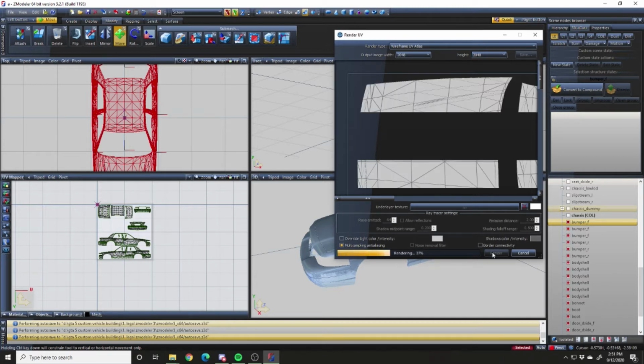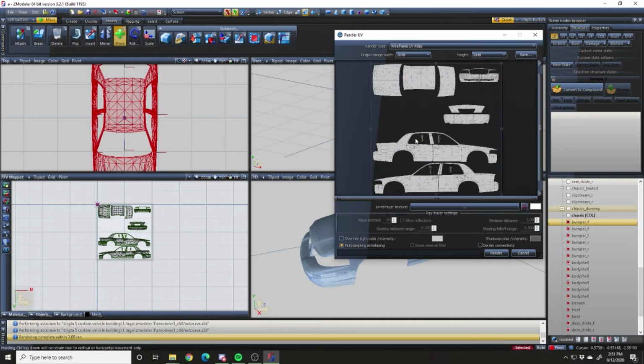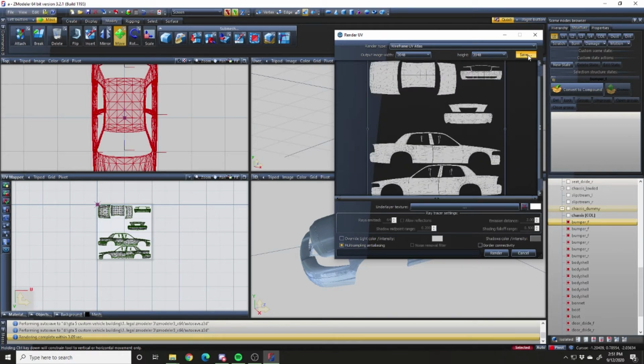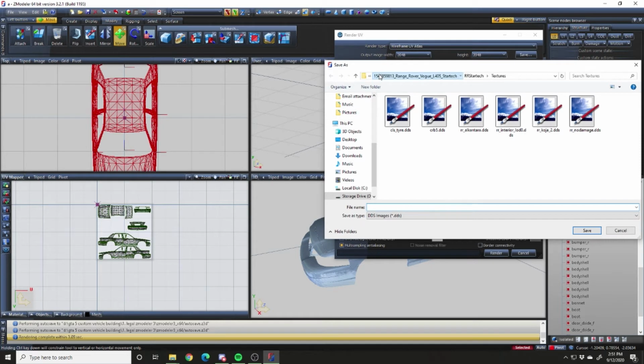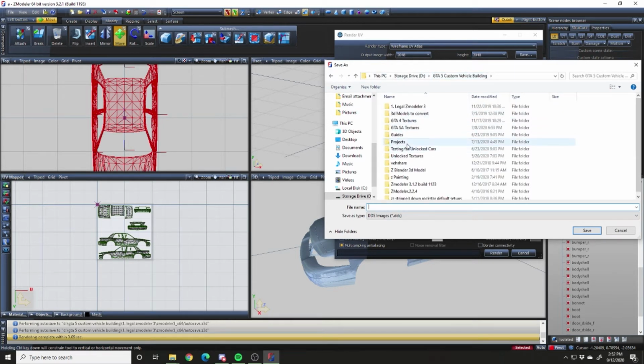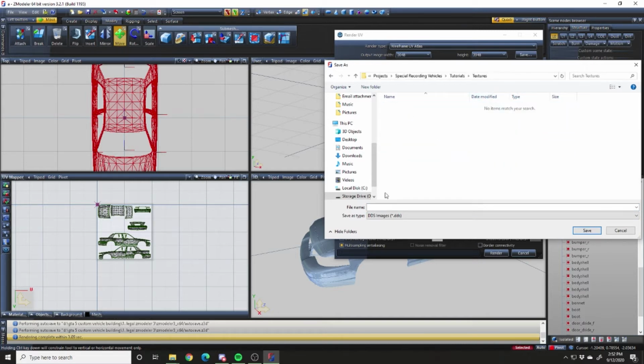Next, you go to render, and it's going to start to render itself. You can zoom out here and take a look at it and make sure you're capturing everything that you want from over here, which it looks like we are. I'm going to save it. We're going to get out of the Range Rover I'm working on, go to tutorials, textures, and we'll call this CVP. Actually, we'll just call this